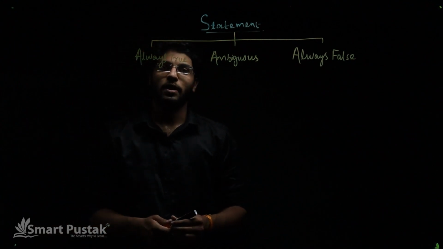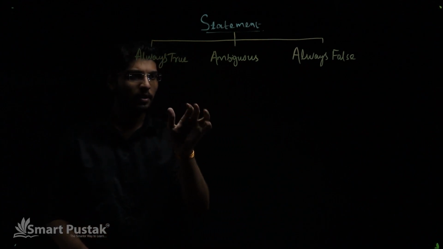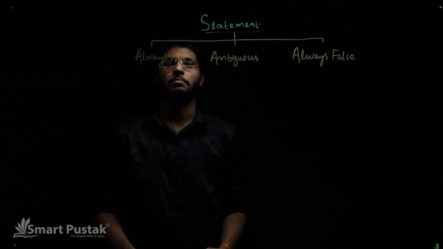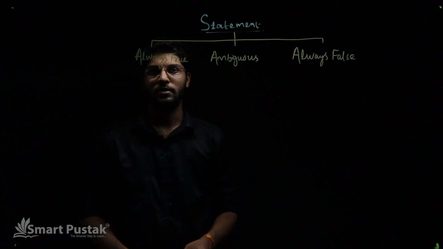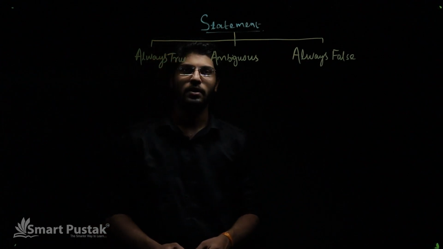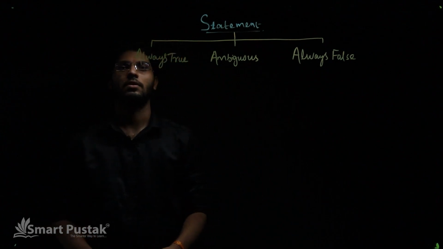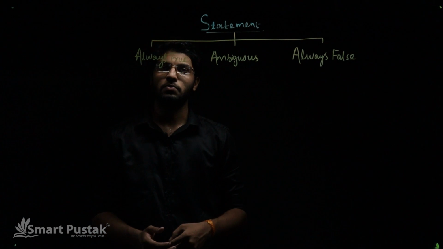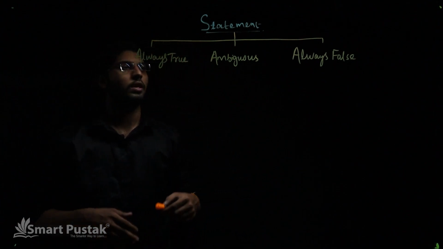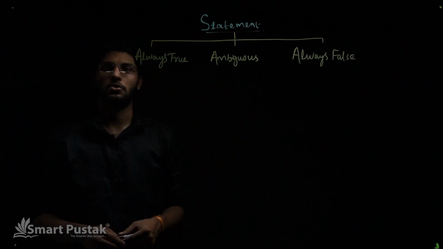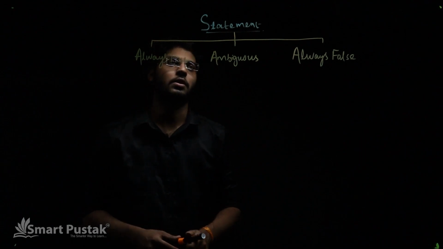Now, what if I say car has four wheels? Then it simply proceeds towards an always true statement. Now what if I say motorbike has four wheels? Yes, this statement is false and it simply proceeds towards always false. But until and unless we know whether the vehicle is a car or a motorbike, we can't say that the sentence is always true or always false. Only that type of sentence falls under the ambiguous category.